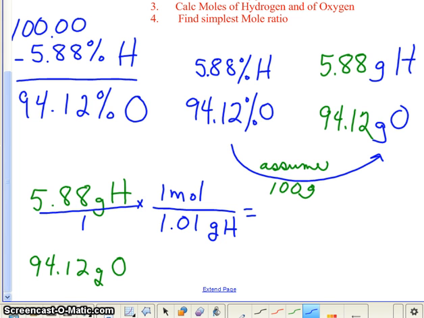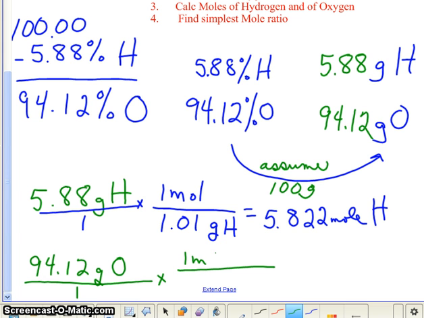So that gives me 5.822 moles of hydrogen. And then I'll do the same thing with oxygen, over 1 times 1 mole of oxygen, 16.00 grams of oxygen. And I do that math, and I end up with